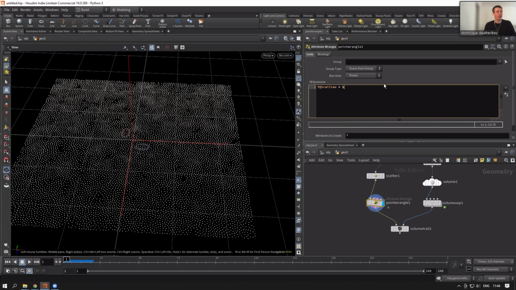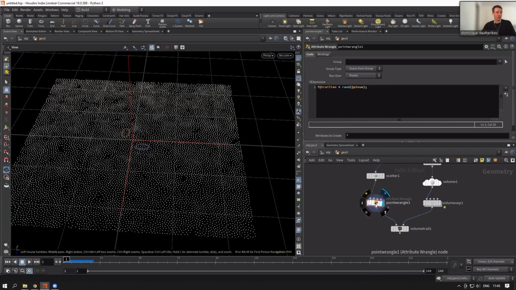So when we had this, it just runs over every point in our point cloud and gives it an attribute with a value of 1. If we then randomize that using ptnum, so basically the index or the number of that point, it's going to give you back a different value